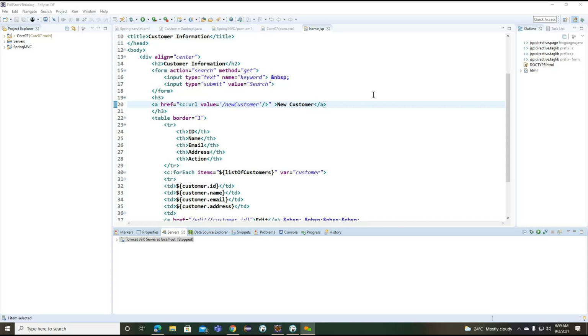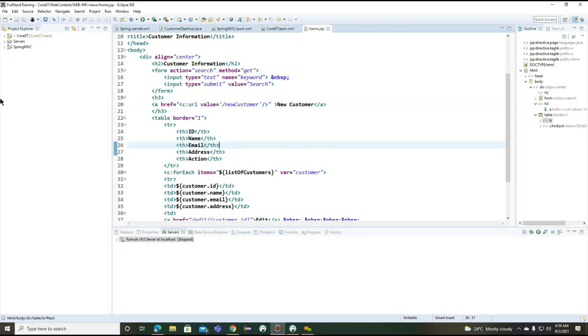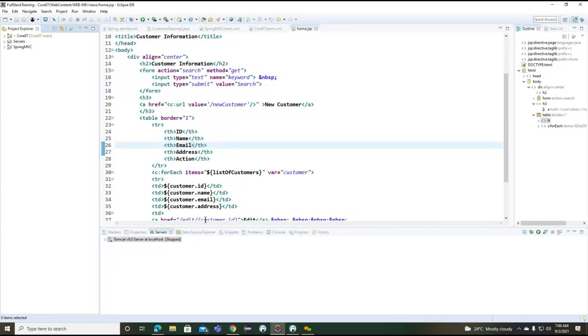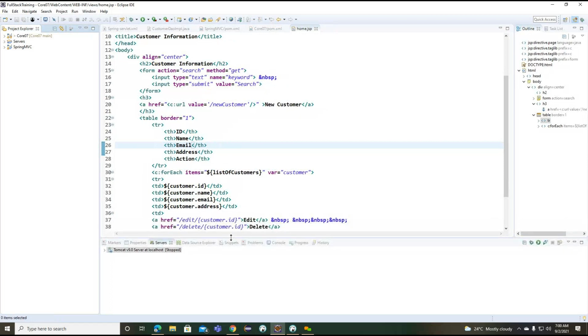Good morning, everyone. In the last class, we were working with the Spring MVC application. In this Spring application, we had some problem with our existing project. So I identified some issue here. Whenever we convert into the dynamic web project, the Maven dependencies we are having are not added into the class path.